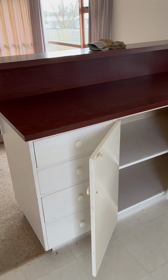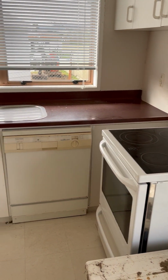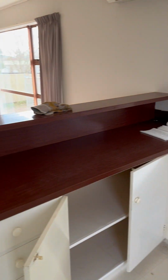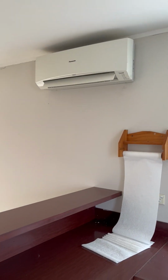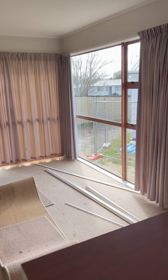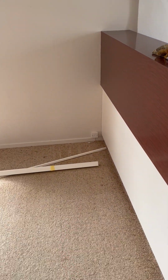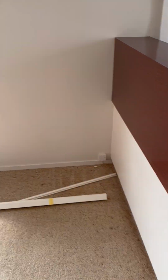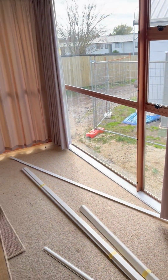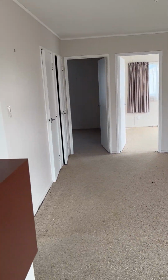Nice, it's a reasonable sized kitchen, especially considering it's a 2-bedroom home. And then go to sort of serving counter, you can put stuff on. Heat pump there, I think I've tried it and no, that wouldn't work. Hasn't got electricity. The old phone jack, don't know if we'll use that. PowerPoint. And then anyway, this theoretically dining/lounge, which in reality I think everyone will use just as a